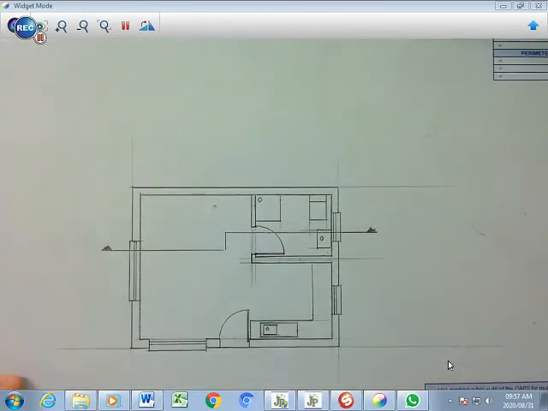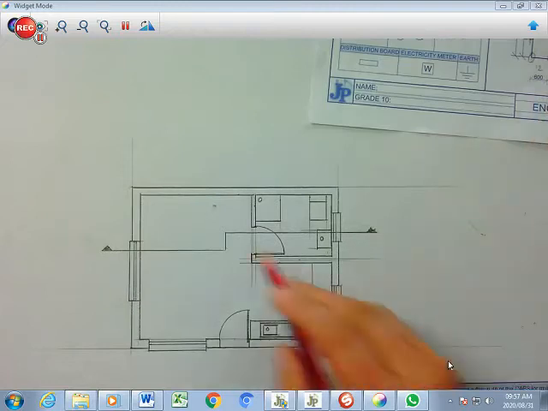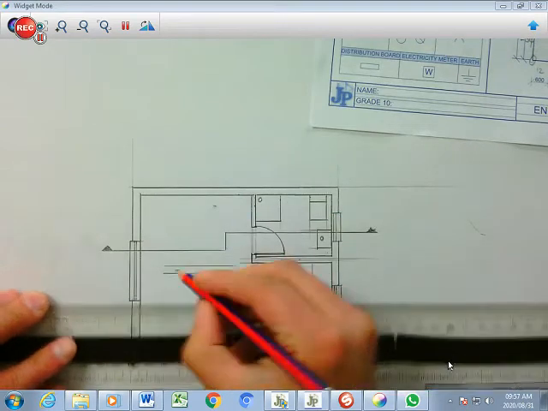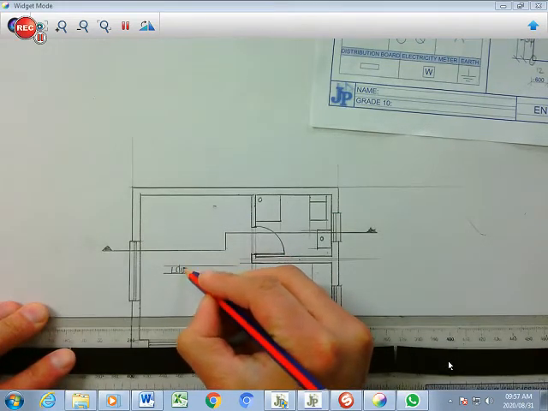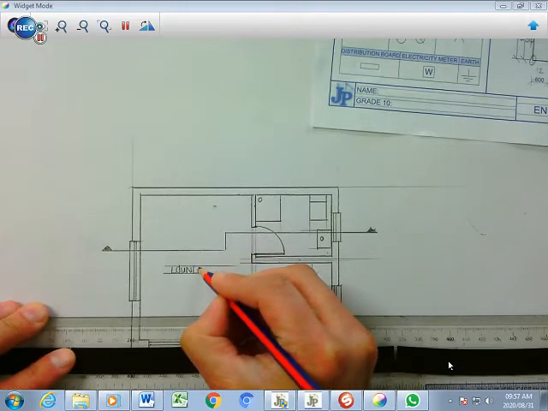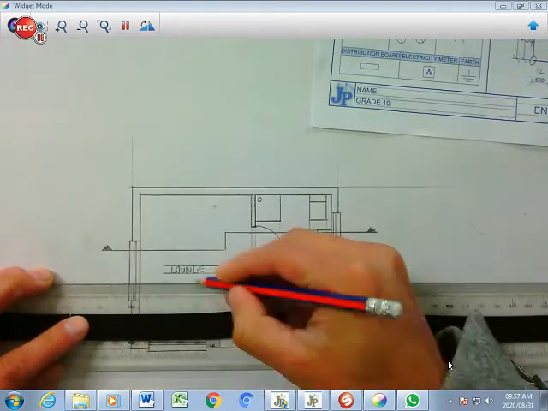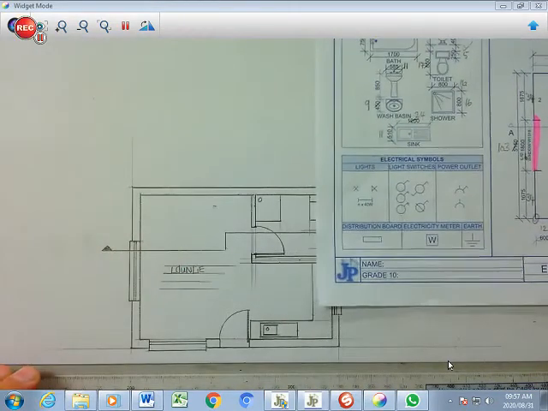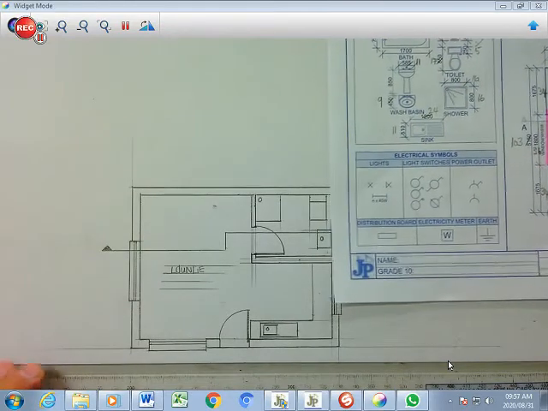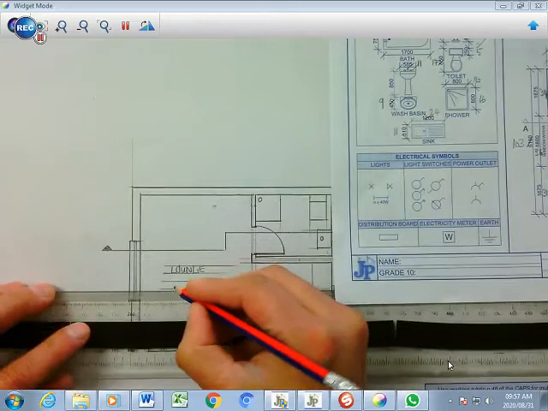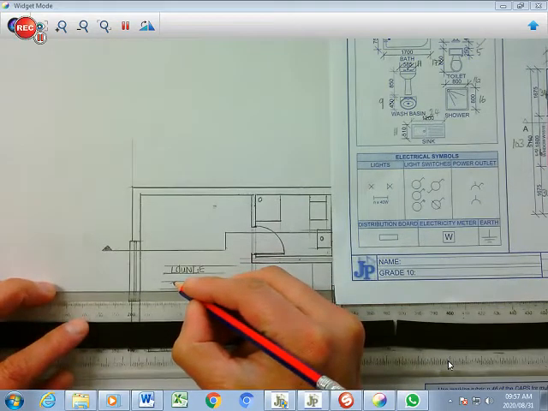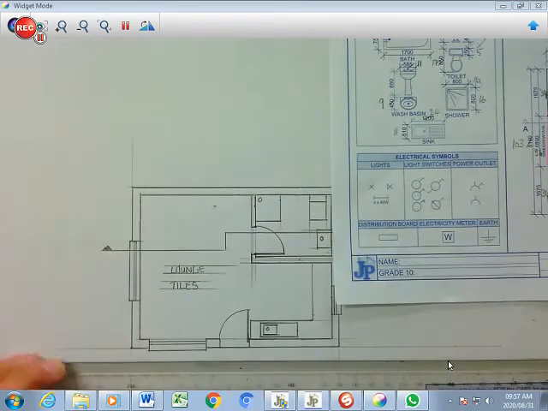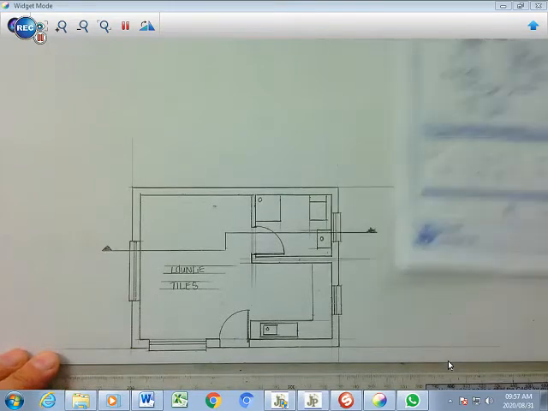Okay, and then I'm also going to label my area here as my lounge. Right, I'm going to print here lounge. And I'm also going to state what's going to be on the floor as a floor finish for my lounge. And maybe you can come up, I want carpet there, or maybe I'm going to make that tiles. I'm going to print the tiles for my floor finish. Okay,